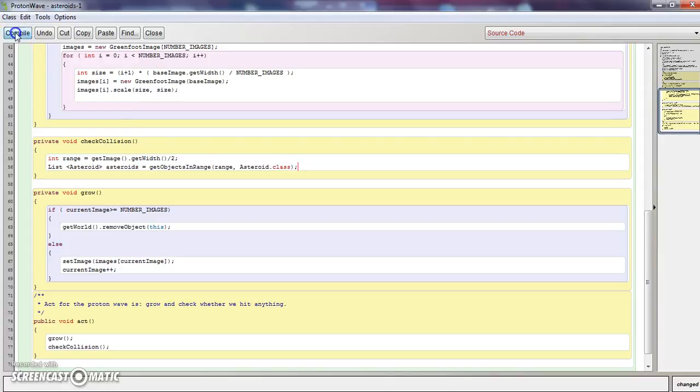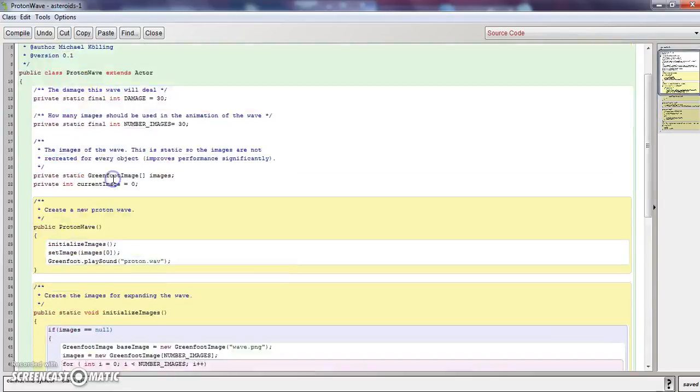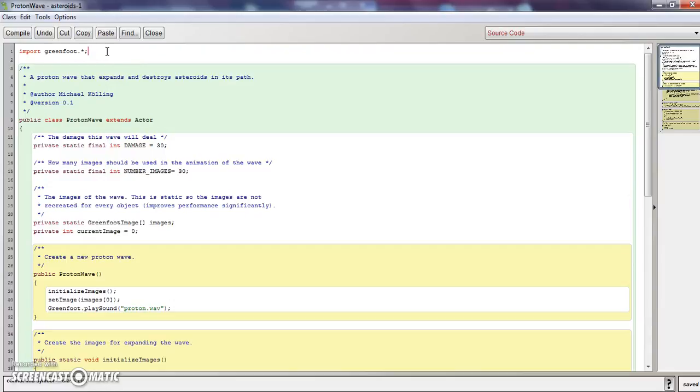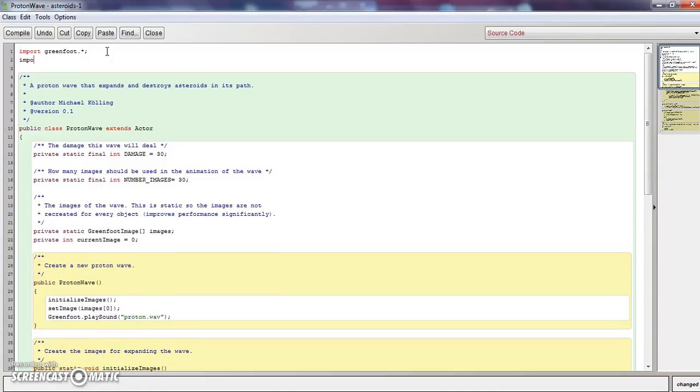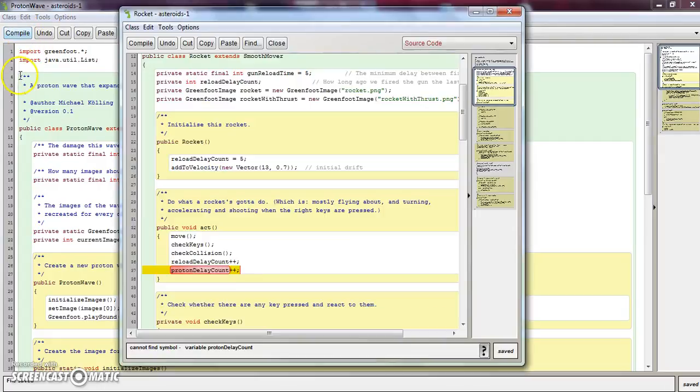I'm going to hit compile here to see if I typed everything correctly, and it says it cannot find the list, and that's an indicator that we did not use the right import statement. And if I go all the way back to the top, we have import greenfoot, but remember, whenever we need to use a list, we need to import the list, and it's going to be, I'm going to look at my notes, java.util.List. And the List is capitalized and util is not. Now when I hit compile,